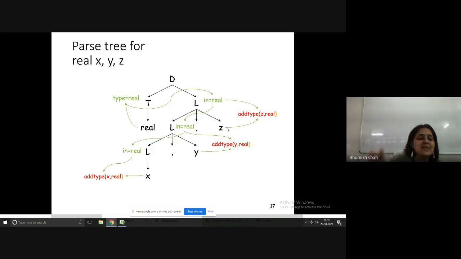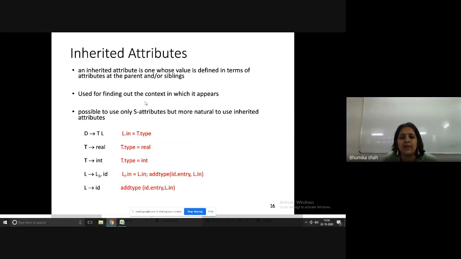This will be called a dependency graph also later, because after the evaluation of this particular semantic rule, only then the next rule can be evaluated, and so on. Meaning if I want to assign the data type to L, first of all T must have a data type, then only L can have a data type, and hence these semantic rules can work only in sequence. So the semantic tree we have designed can also be called a dependency graph. Let us go back and understand the grammar over here.